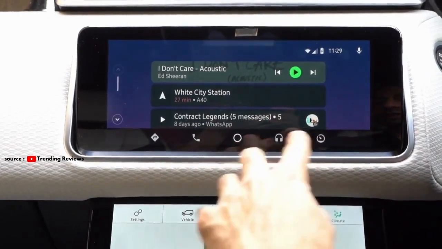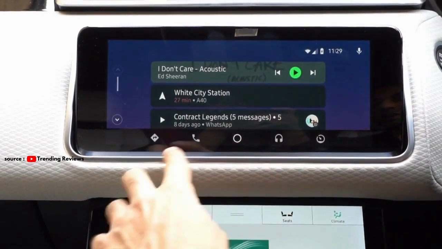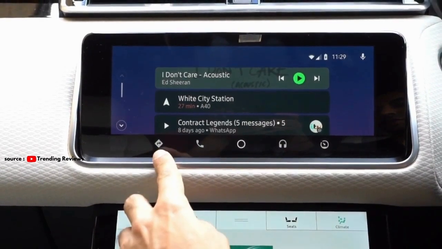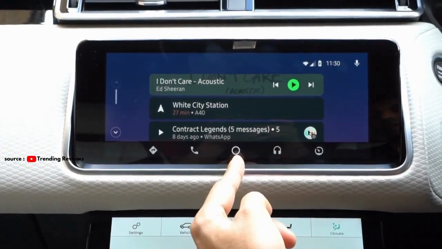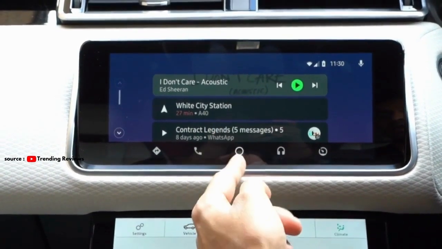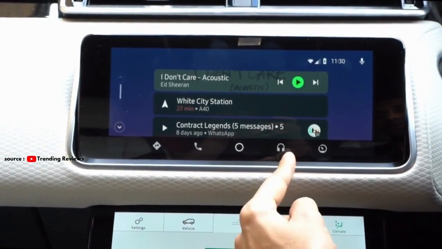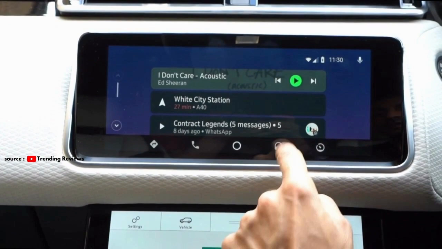Now, all you need to do, look at the menu option at the bottom. The one on the left is the navigation option, and then phone option, main screen option, and music option as well for the apps like Spotify.